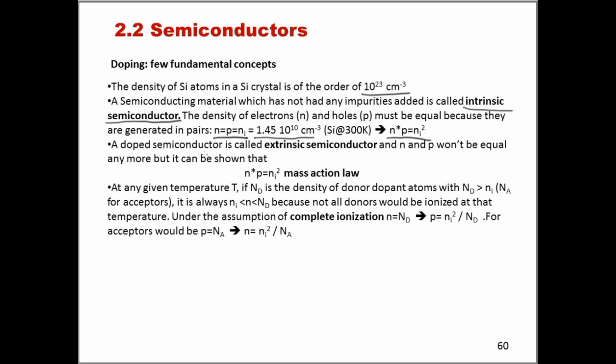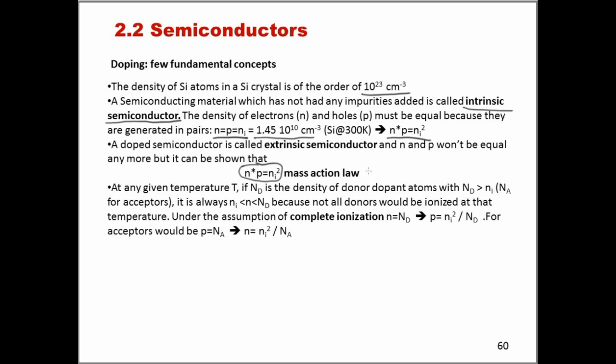In the case of doped semiconductor, we will use the term extrinsic semiconductor, and obviously the density of electrons n and the density of holes p won't be equal anymore, but we can demonstrate that this formula is still true. And this becomes a very important formula for the case of doped materials, and it is called the